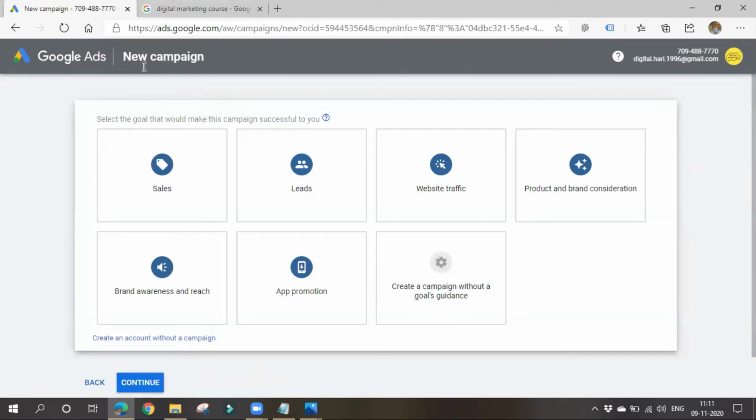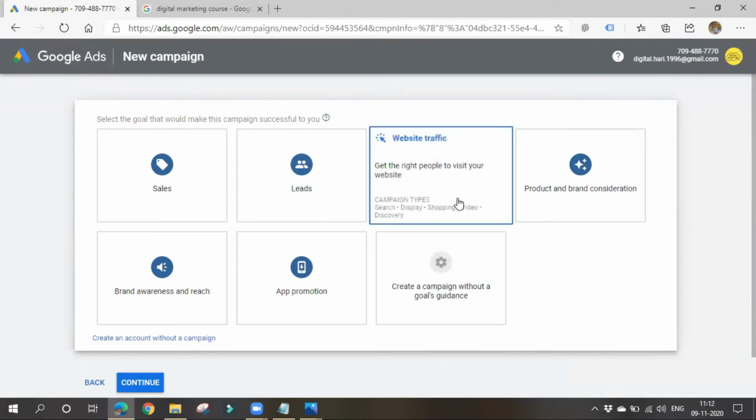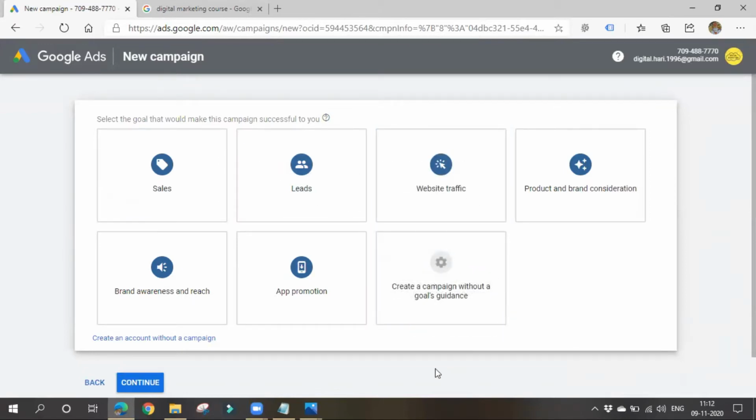Now we have navigated to the campaign level. You can see your account here; the Google Ads account setup is in progress. While you are setting up your account, you can delete it. These are all my previous accounts. You can create up to 20 accounts, and I have created all of these prior. Once the setup is over, you can't delete your account. Now you can delete it, but after the setup is completed, we cannot. We can also name this account; I'll show you how to name it. First, let me choose the campaign. What type of campaign are we going for now?